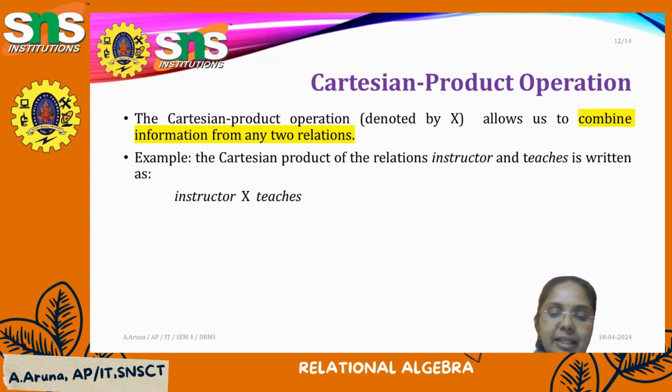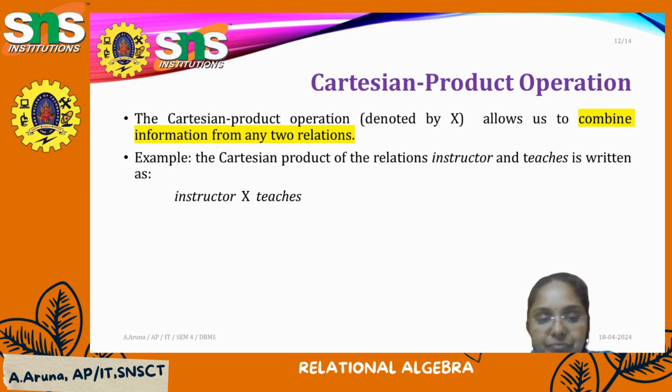So majorly in a real world application, it is used while joining two tables, while joining two relations, because in the real world we couldn't store the entire data in a single table. So we are vertically partitioning our table. Is it right? So if we want to join, in some cases, they may have the combining of two tables. For example, in the first table, I need the first two attributes. In my last table, I need the last two attributes. Well, for combining these two things, I can go for a Cartesian product. It is denoted by the symbol X. So this is the symbol X.